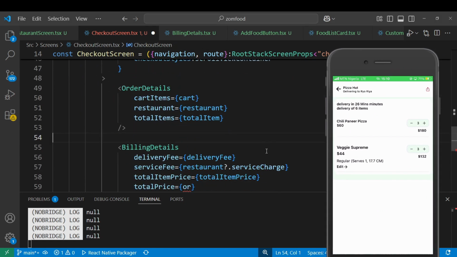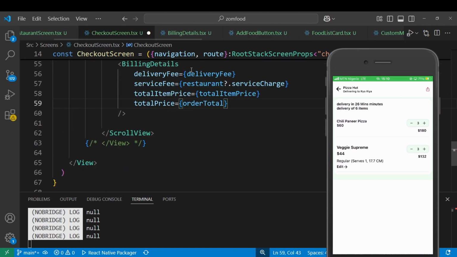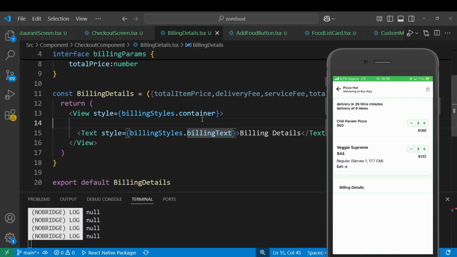So we can come down here now and get the order total. If we save this, we can come back to our billing details, and you can see it's already showing billing details. Beautiful. So we can continue with our billing details. From the billing details, after this,